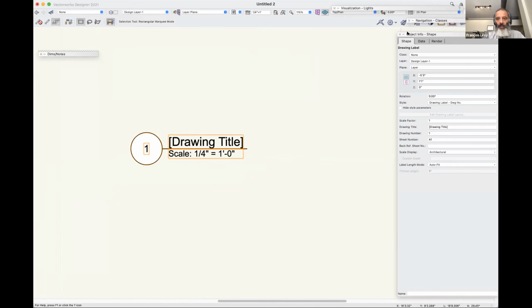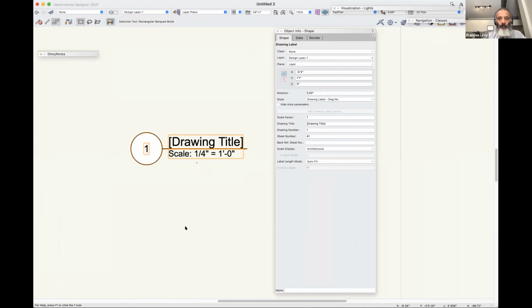Let's look at it in the Object Info palette here. So, right, there we go. Drawing number, I could do 3. Scale display: architectural, engineering, custom, right? If anything, it almost looks like there are fewer options here, but that is actually quite deceptive